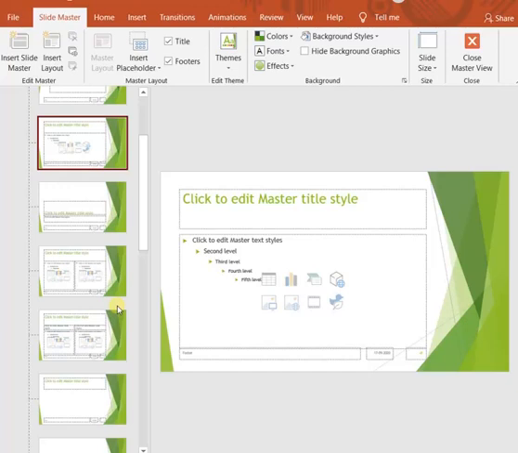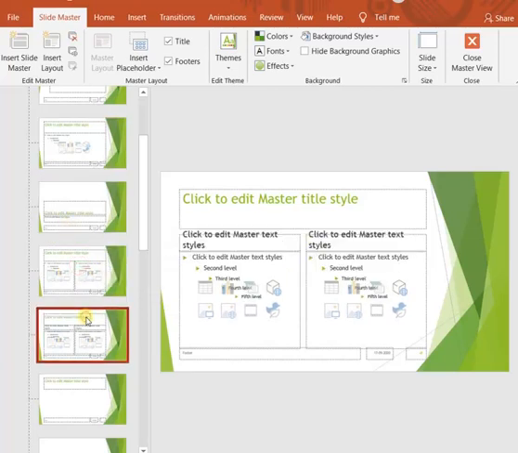Now if I add more slides, 5, 6, 7, then we can select a different layout for the other slides. That means in our presentation each slide can have a different layout, and for that we have to select that particular slide in our normal view, and then select a separate layout from this slide master view.